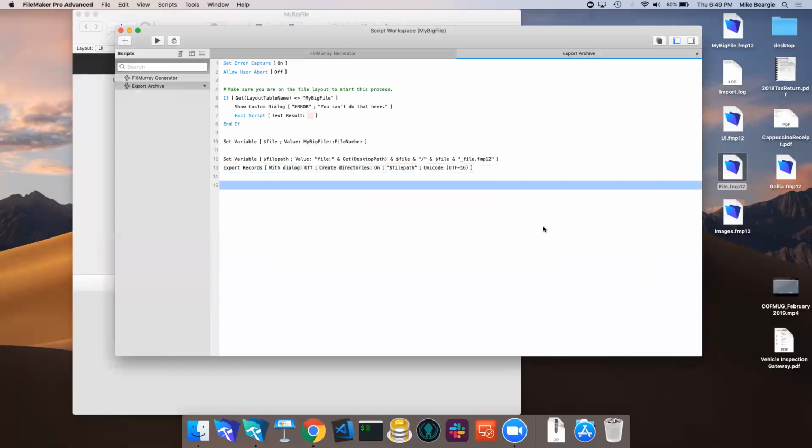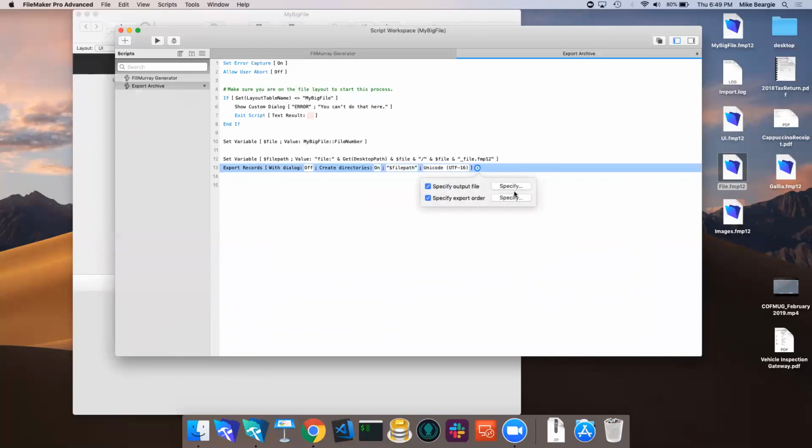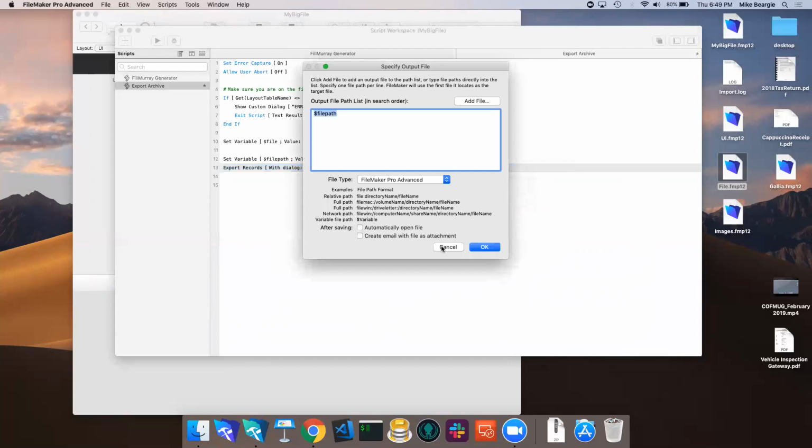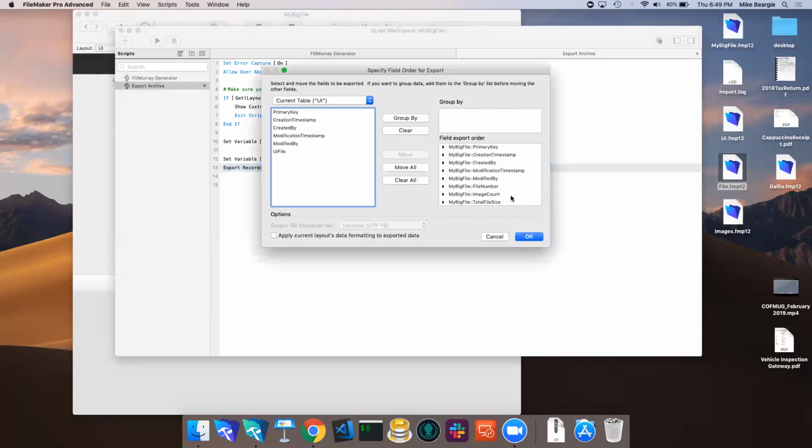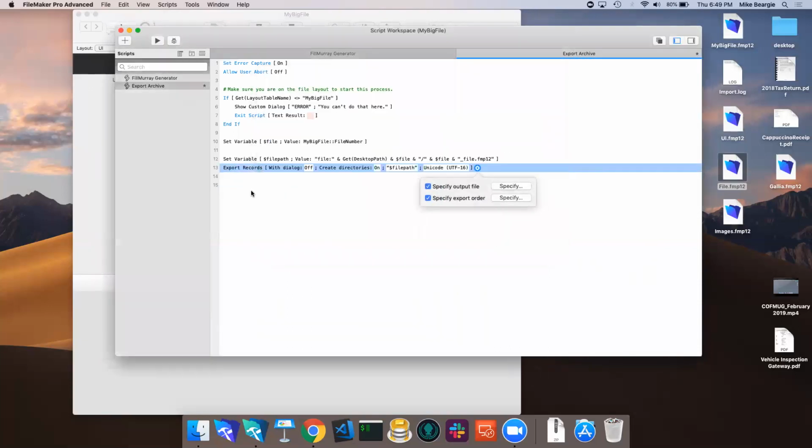So we've done that. Now that we have the file, I actually need to go back here and set this so that it doesn't export all of the files that I'm on, because if I'm in a found set, I only want to export the one. So I'm going to do,